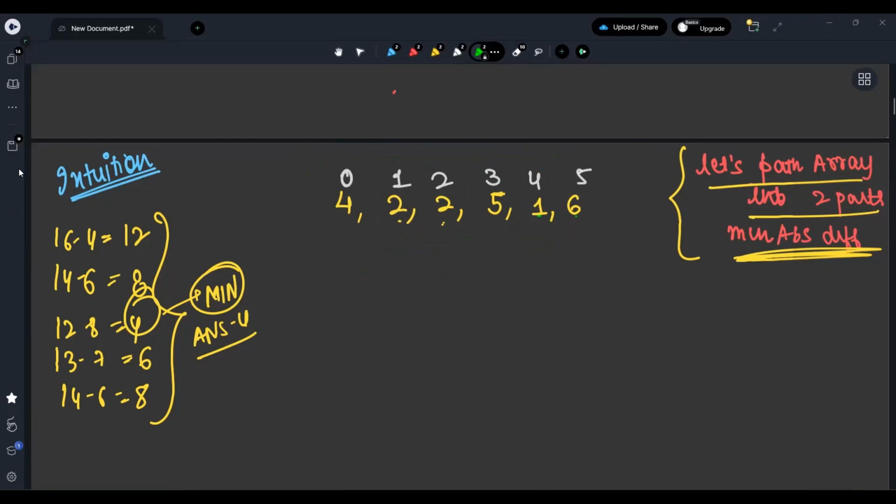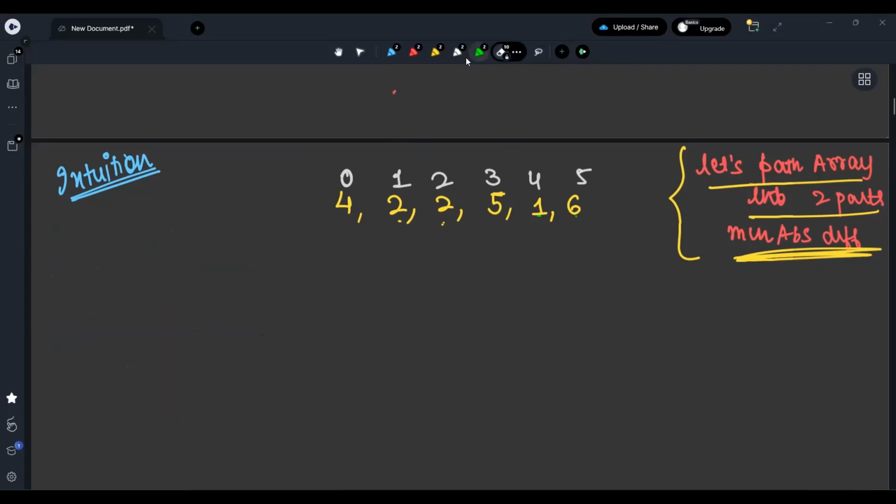Yes, we can use linear search. We can use binary search. How can we use binary search? So let's try to understand how can we use binary search. So you know that I want the sum of first part and second part. So should I need to compute it again and again? No. So for that, what I can